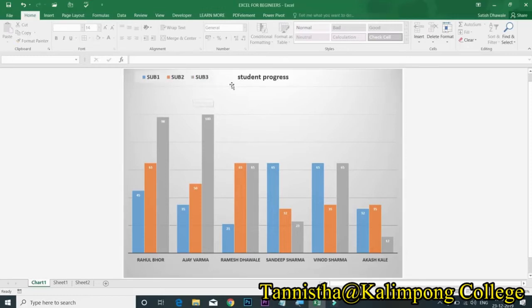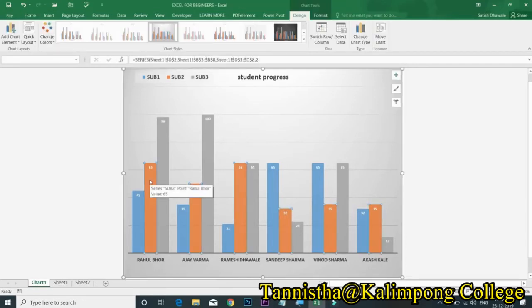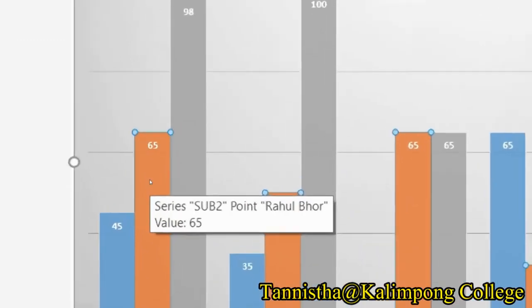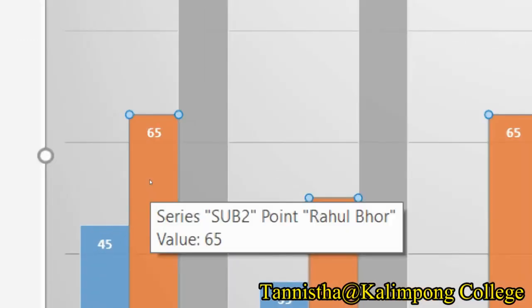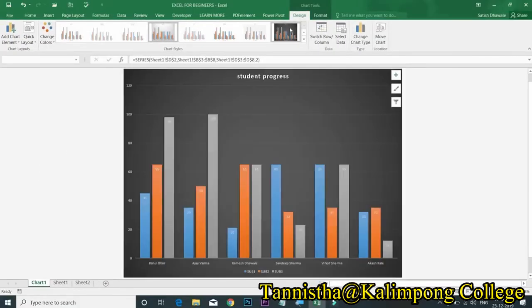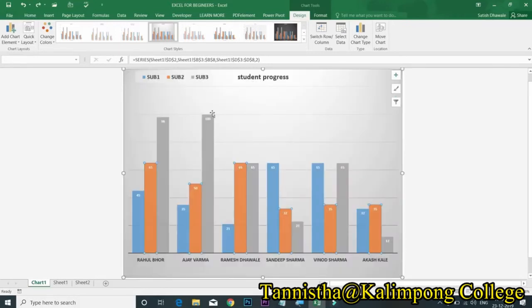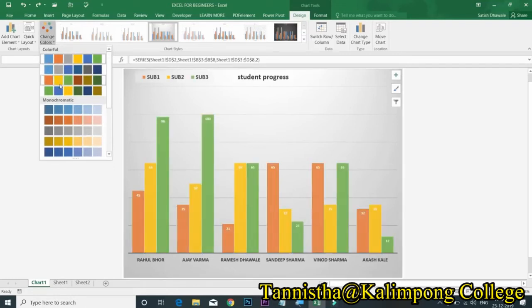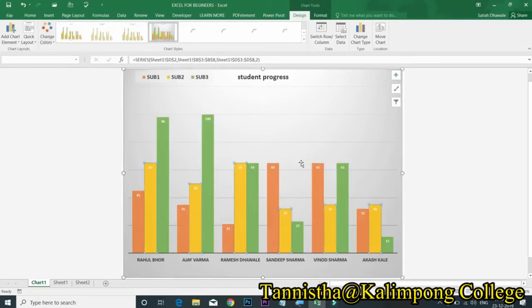Now we can find data labels. Data labels are values on the worksheet and they update automatically when changes are made to these values. These values 45, 65 are actually data labels. We can choose any layout, any formatting. Anyways, let's undo it. You can also notice change color option. We can choose any colors for presenting the plot area of your chart.